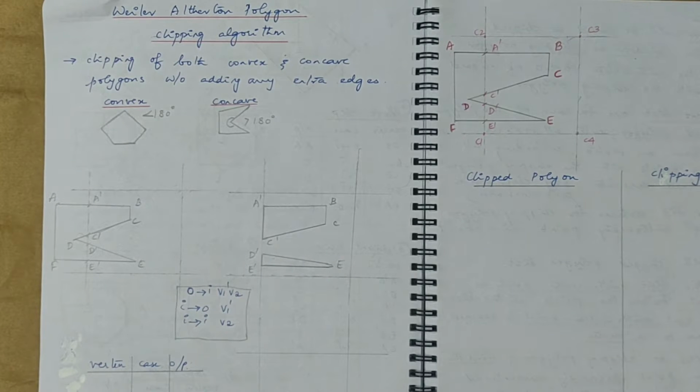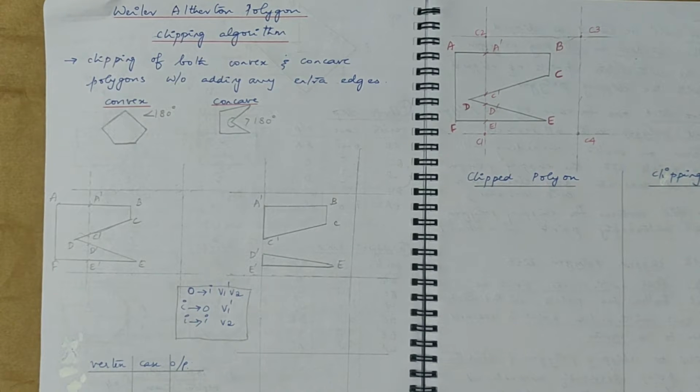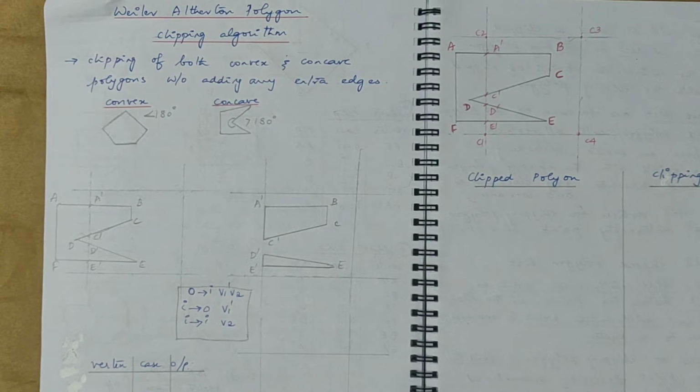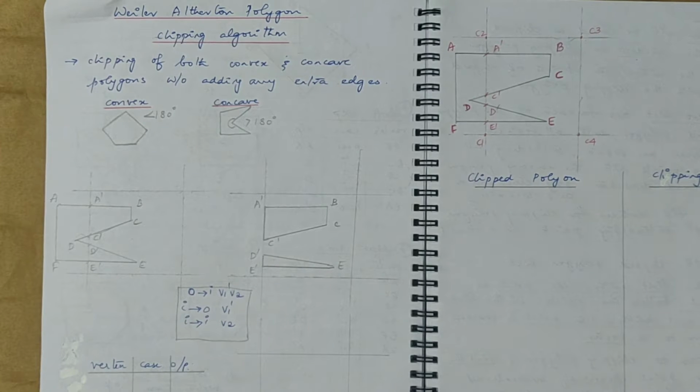This video is part of RSET Online for the subject Computer Graphics, which is an 8th-sem global elective. The topic that we are going to deal with today is from Module 5. This is a polygon clipping algorithm. We have already covered a polygon clipping algorithm in a previous lecture. So if you haven't watched that, I request you to kindly watch that video first and then follow with this one. So this algorithm which we are going to see is called the Weiler-Atherton polygon clipping algorithm.